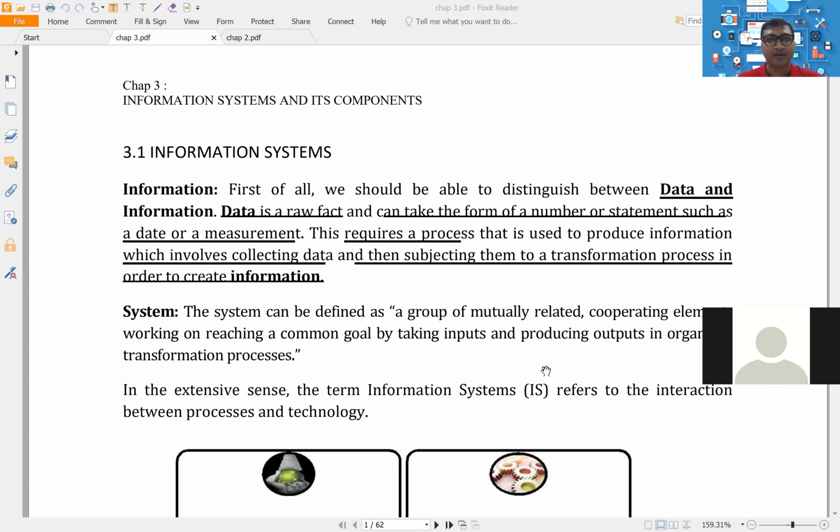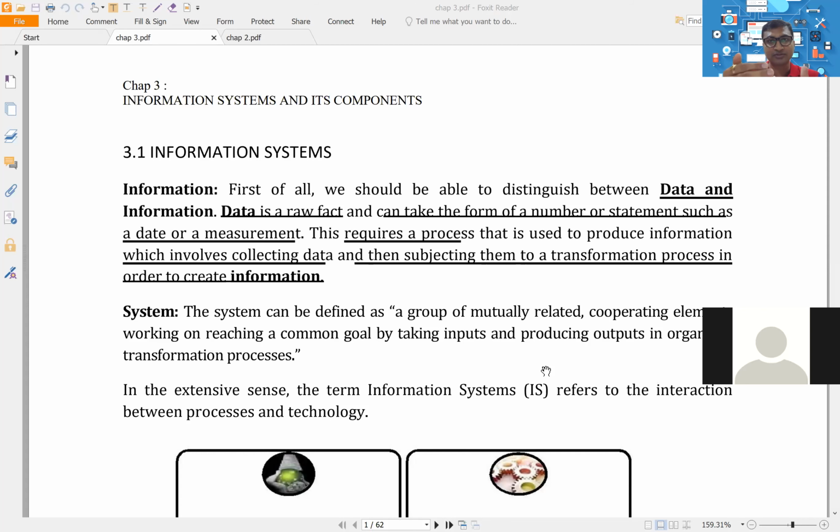Now, what is the best part? Why are we learning controls first? The most important thing, why are we learning controls first? Because if you don't know controls, how will you do audit? In the same way, why do you learn law? We are auditors. We should learn audit, but we also learn the law subject. Why? Because unless we know the laws, how will you do the audit? The same way, first you need to understand controls and then the audit part of controls.